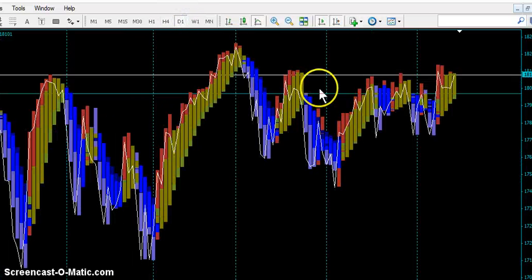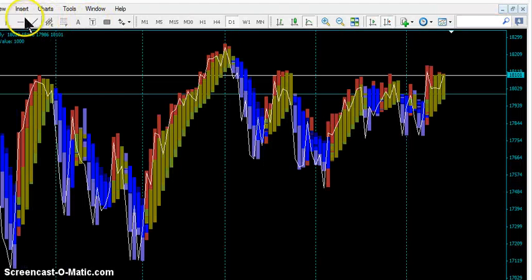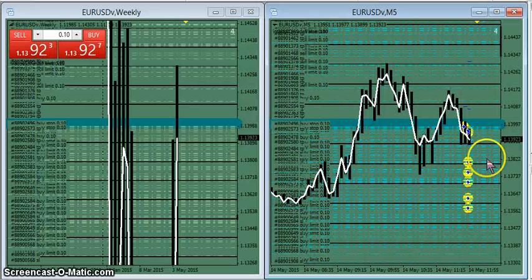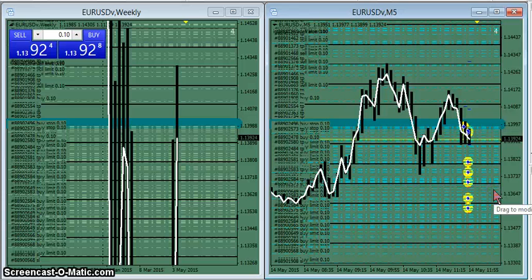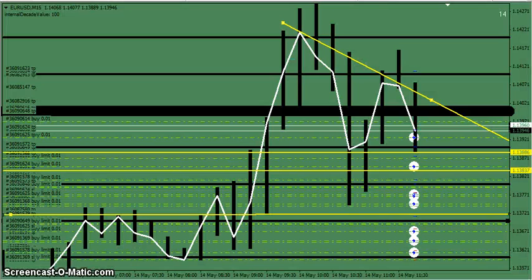So that was the trap for the traders that are on the top of this thing. That was the bottom there. So unless we can take out the top here, I think it's going to be pretty sad for all those bulls in the stock market. Oh well, we need some fodder. Grist for the mill. All right, looks like Euro's going up, and so I'm long again on that